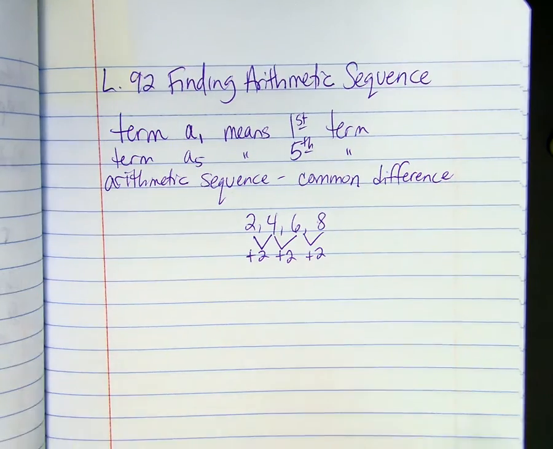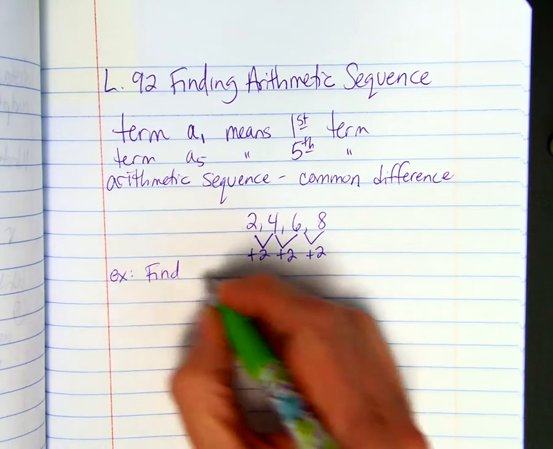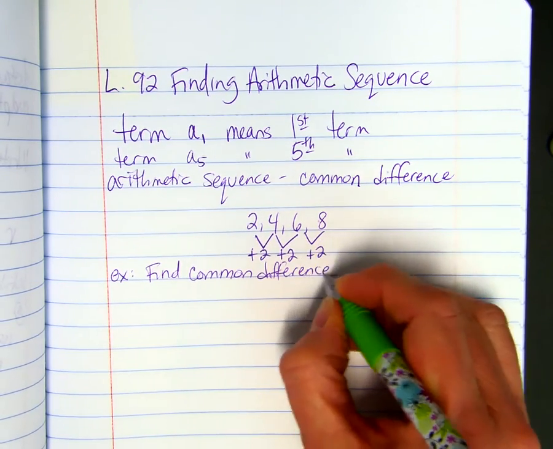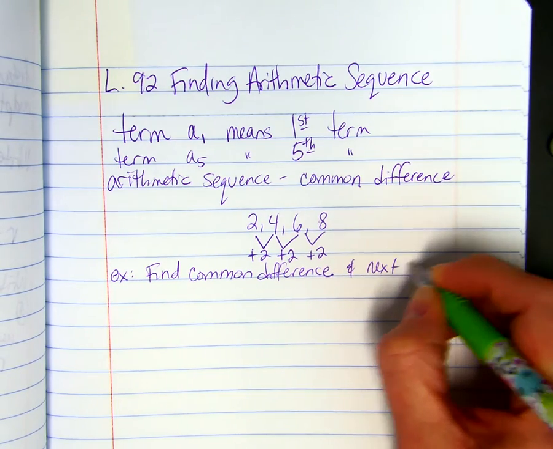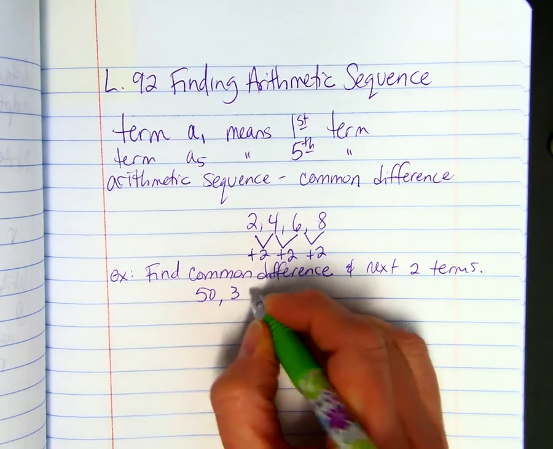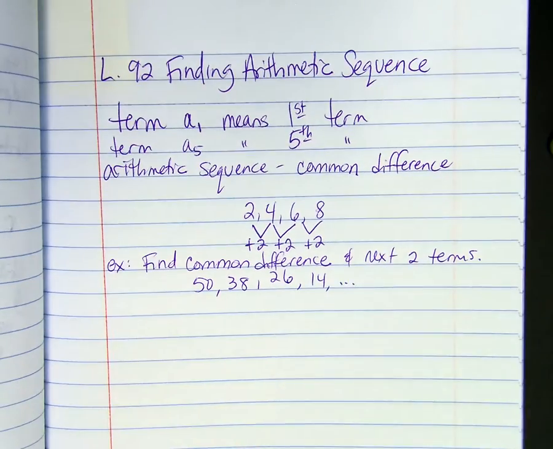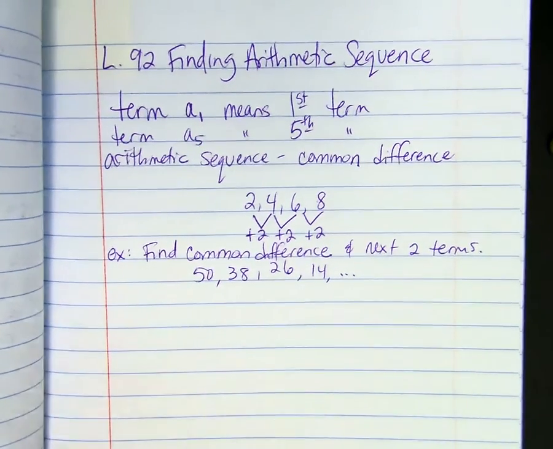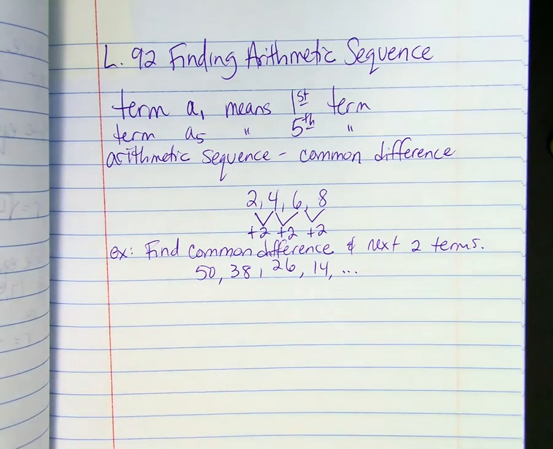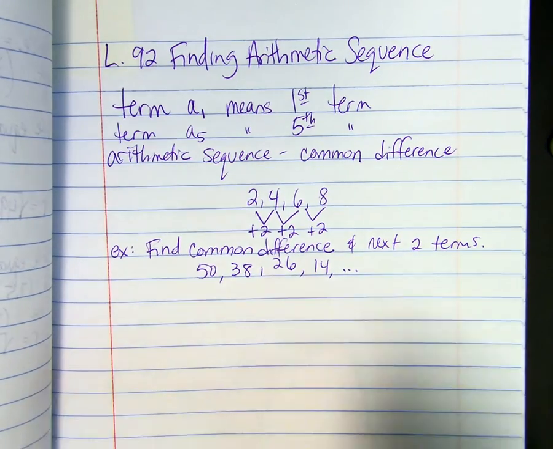So this would be an example of a problem. Find the common difference and the next two terms of the given sequence. So here's our sequence: 50, 38, 26, 14, and so on. To find the common difference, you take one term on the right side minus a term on the left. So if I take 38 minus 50,